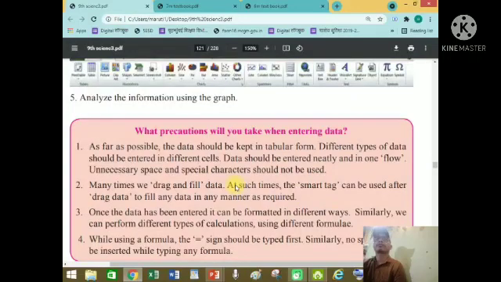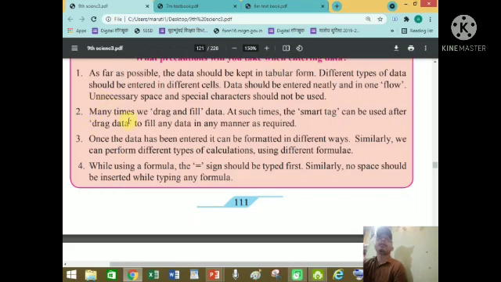Next, data should be entered neatly and in one flow. Unnecessary space and special characters should not be used. Okay. Next, many times we drag and fill.